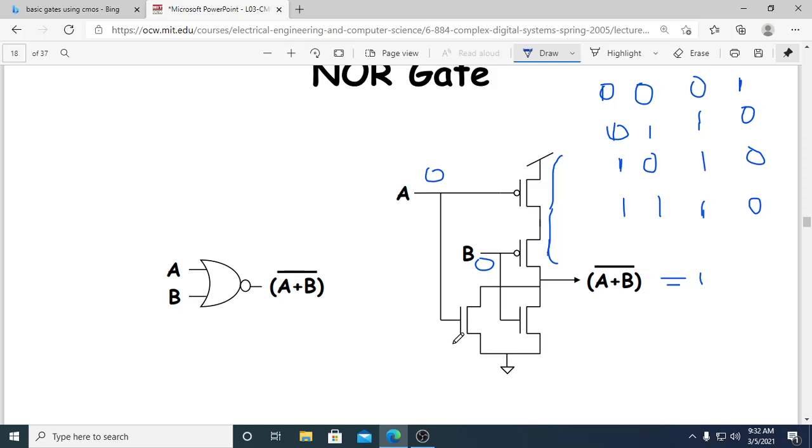So I will get a 1 over here. Simultaneously, you have to check whether both NMOS gates are off, because simultaneously we are not getting 1 and 0. Both possibilities are not possible. So here 0 and 0 is there, so this will turn off and this is again turned off. So 0 is not passed to it. So this is the correct thing. I will rub this portion and go for the second case.